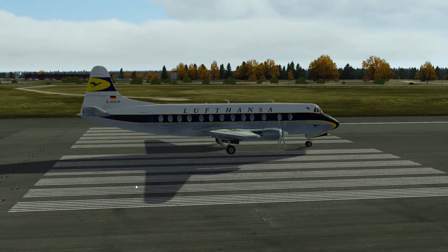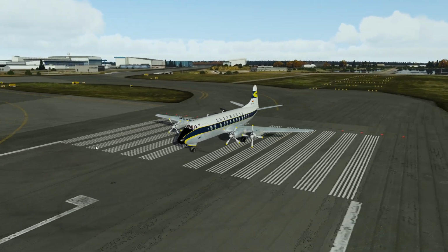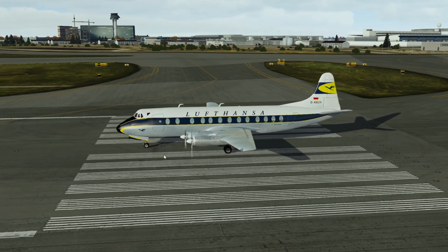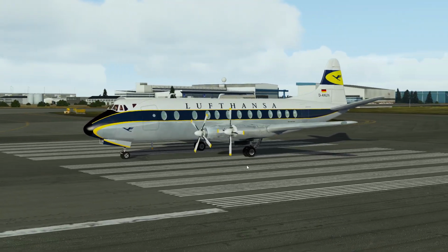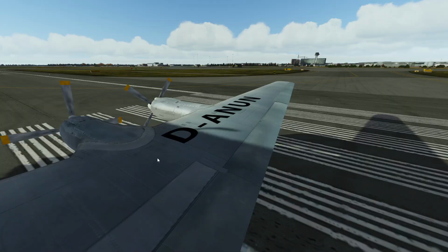And we've done the Lufthansa livery and we are at Stockholm Arlanda airport, and we're just gonna do a quick flight from here to Stockholm Bromma. Nobody would do this flight in real life, but I just thought this would be a nice flight to showcase this one, because it is, I would say, still a bit of a light aircraft, but you do have